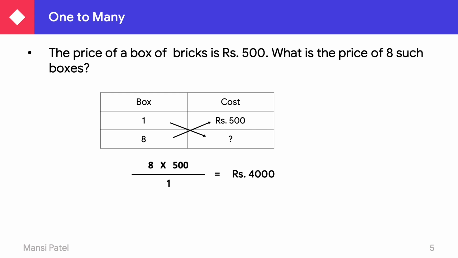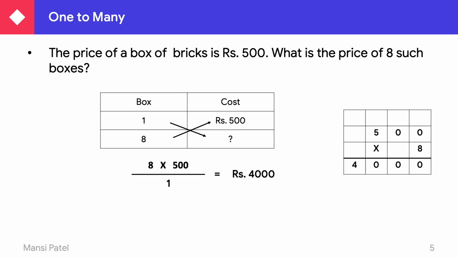And you already studied in your third standard that if any number is divided by 1, then your answer is always the same. So 4000 divided by 1 is equal to 4000 only. If you do not understand this direct multiplication, then you can use this method in your rough work, and then you have to put the answer. But please be careful about the unit. Here our unit is rupees. It is compulsory to write down the units in the unitary method.